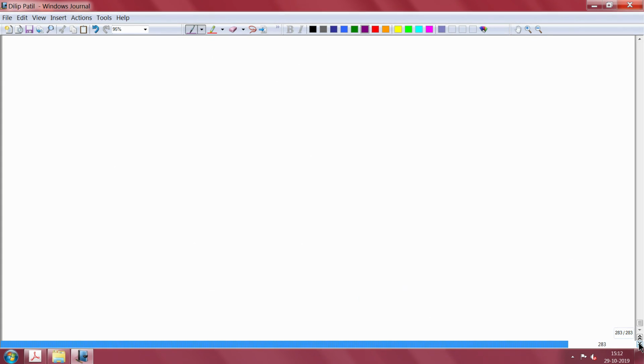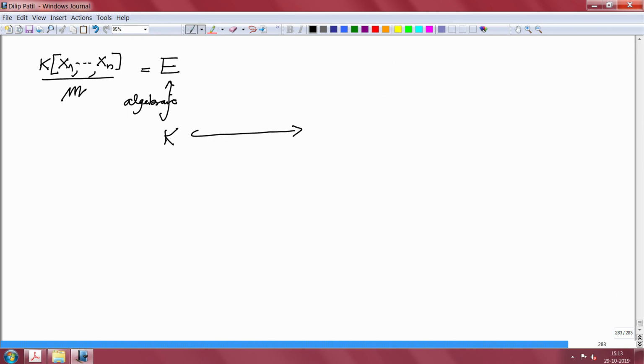So we have E here, which is the residue class of the polynomial ring by the maximal ideal M. This is K and this is algebraic, and this is L,